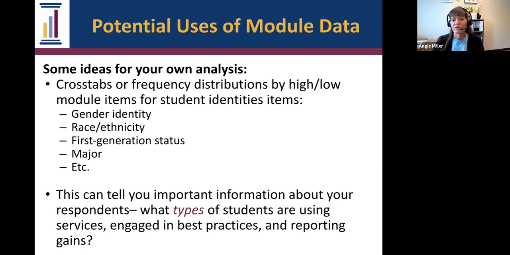So there's a couple of other things you can do, even if you haven't merged it in with other data on the back end. You can look at things like crosstabs or frequency distributions by high or low module items. So if someone's scoring really high on a certain item and other people are scoring really low, you can look at those in terms of gender identity or race, ethnicity, or major or first generation. And this can give you some really important information about your respondents, because it can tell you what types of students are using the services, what types of students are engaged in these best practices, and what types are reporting